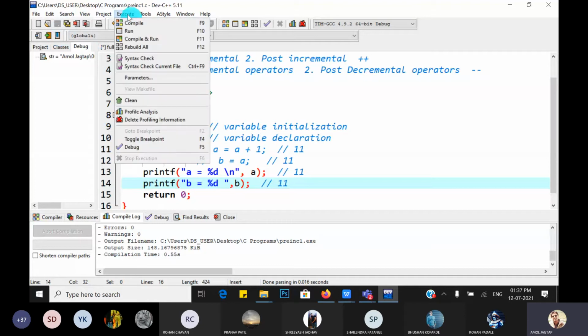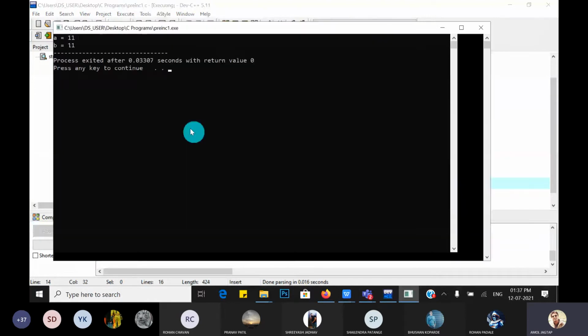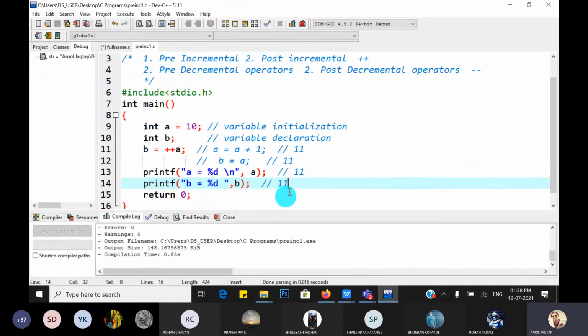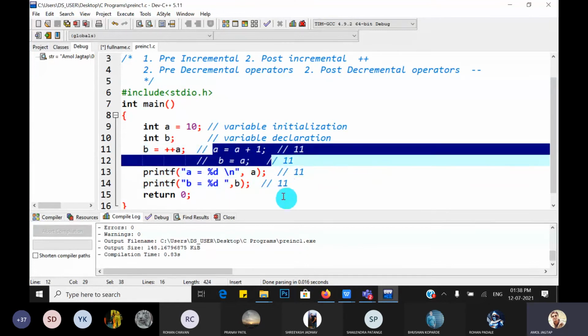Guys, understood? So just compile and run and check whether it gives the correct output or not. Yes, A is equal to 11, B is equal to 11. So you understand how it works. This is shorthand notations. Shorthand notations are not directly translated by the compiler into machine level language. Before that, the preprocessor expands the code, because after expansion there is no ambiguity, and depending on that expansion of the code, we got the correct output.